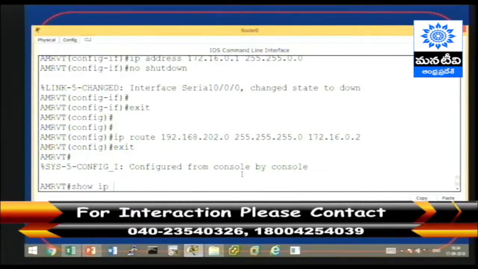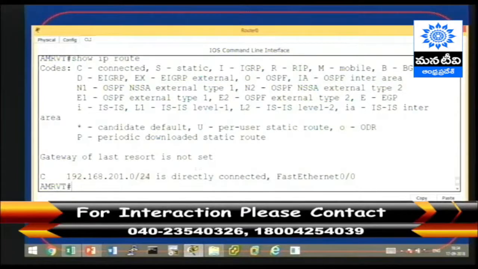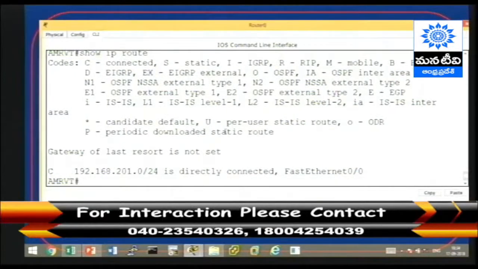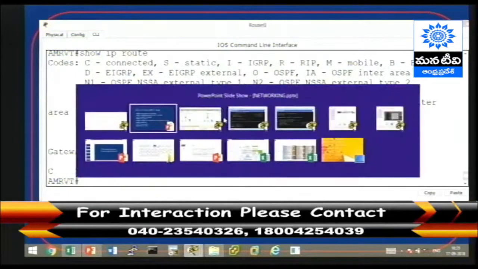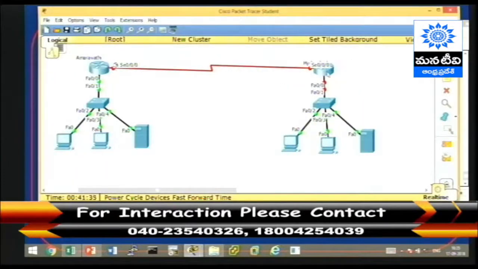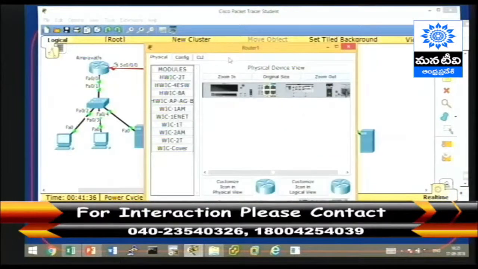Then we have to check the communication, before which we will verify the route, show ip route. So we have only one piece of information, that is the local network information. We do not have the information of Hyderabad at this point of time, because we have not configured the Hyderabad router yet. So let's quickly get to configure the Hyderabad router,